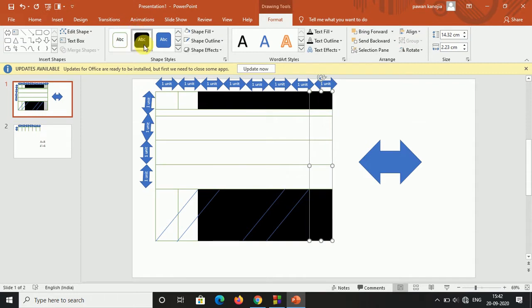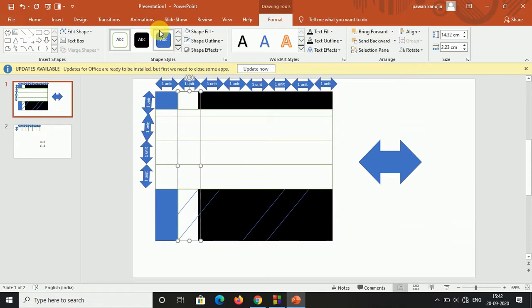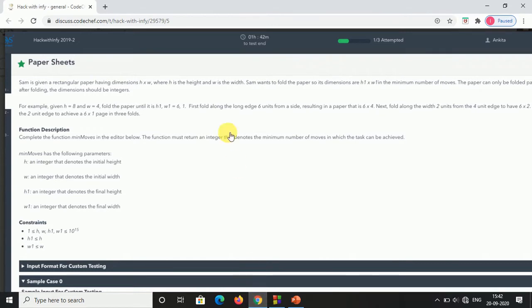This 6 block will remain and this 2 block will be overlapped. Okay, this will be your first move because this will be overlapped in the first move only. Now you have gotten h equal to h dash, h1. You have gotten it in one move only.